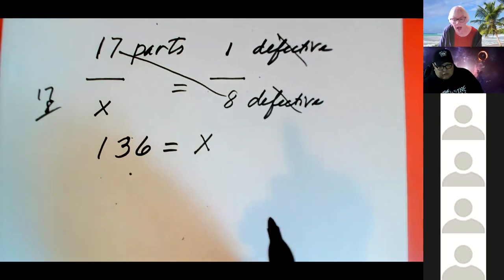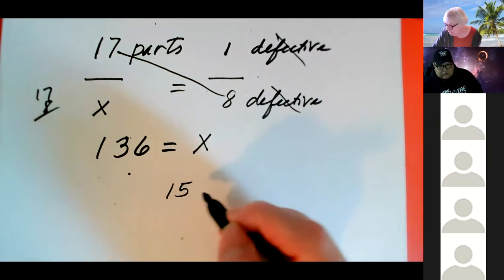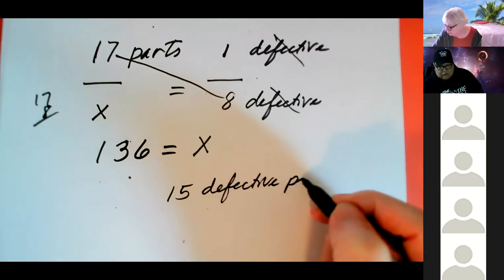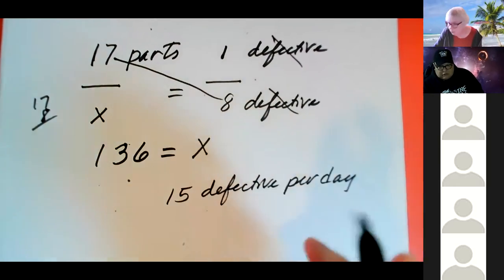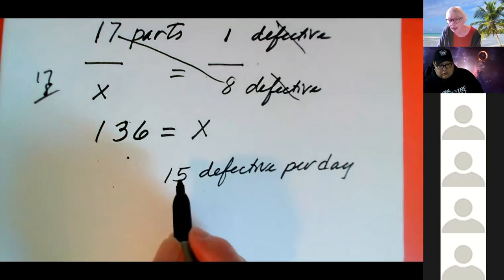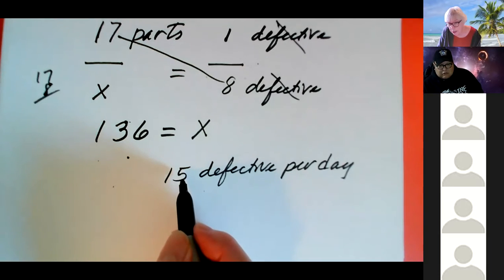Now, let's say on average, there's 15 defective parts per day. They actually have somebody that's paying attention to this. And when it turns out that at the end of the day or somewhere during the day, they're having a number that's quite different from this,